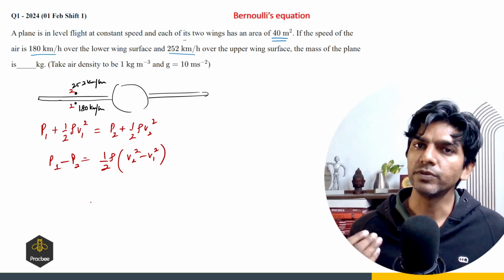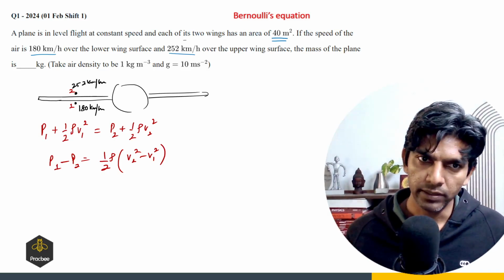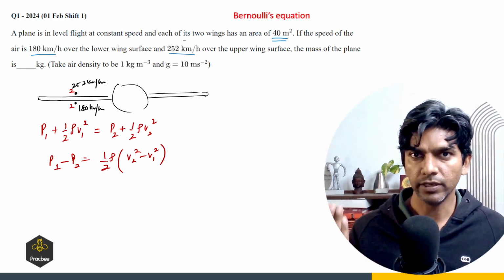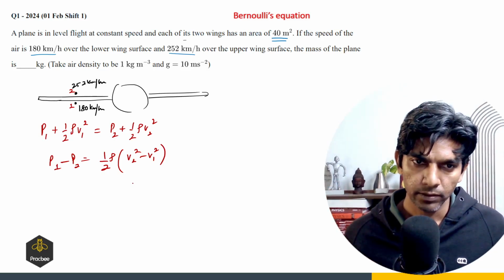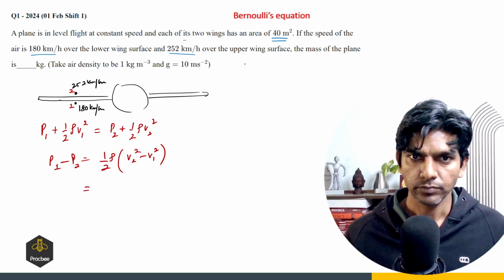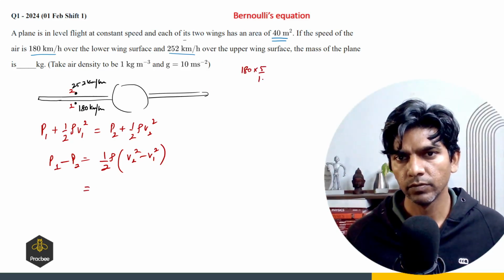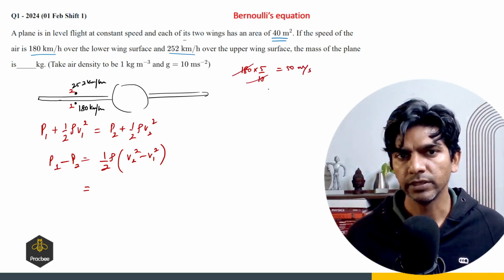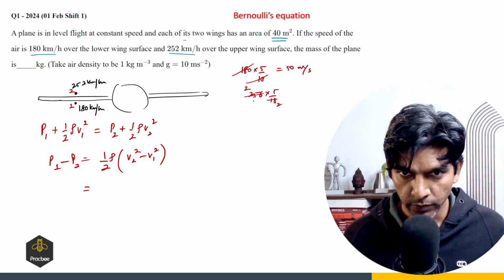And with this pressure difference, we can find the lift, or the force exerted by the air in the upward direction, and that force will balance the weight of the plane. So let us calculate this. 180 can be written in meters per second as 5 by 18, so that will be 50 meters per second, and 252 into 5 by 18,